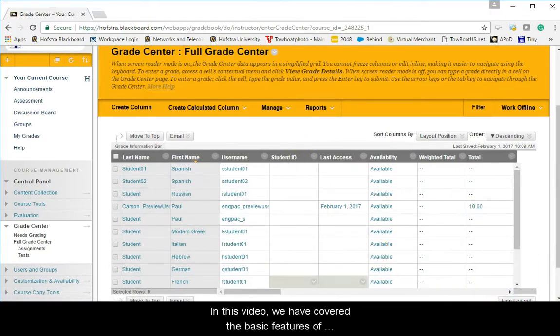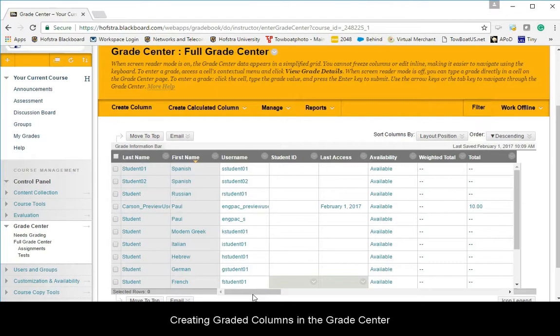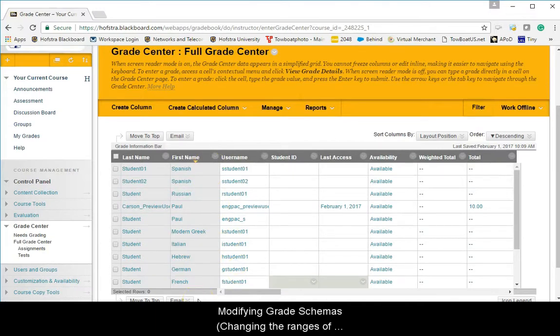In this video, we covered the basic features of the Blackboard Grade Center. In subsequent videos, we'll look at the specific features in more detail. We will cover creating graded columns in the Grade Center, hiding or removing Grade Center columns, modifying grade schemas, that is, changing the ranges of points that convert to letter grades,